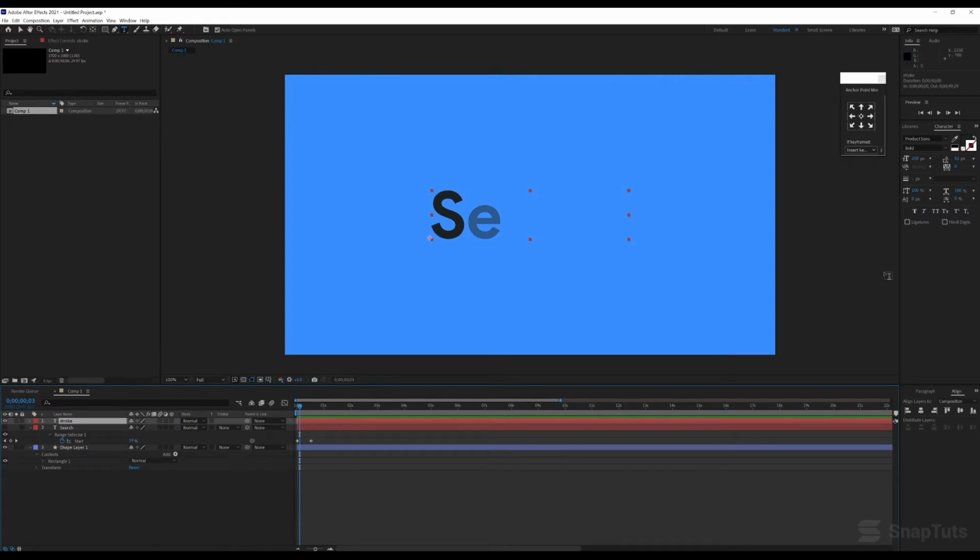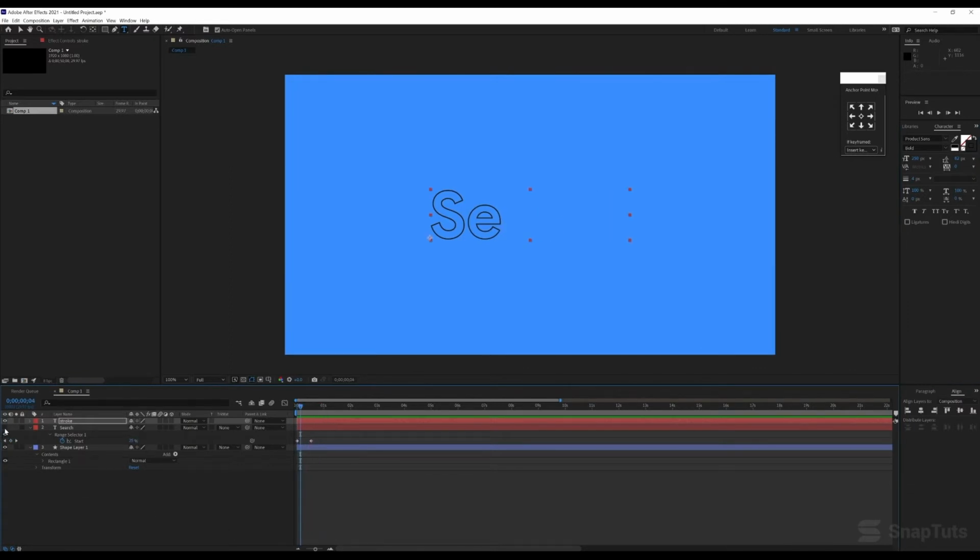So we need to remove the fill color. So you can go here on the right side, select the fill color, and click on no fill color. So this will remove the fill and automatically add a stroke. So if the stroke is not added, then you can click over here and enter a stroke value. So in my case, the stroke value is 4 pixels. So if I play the animation now, it looks like this.